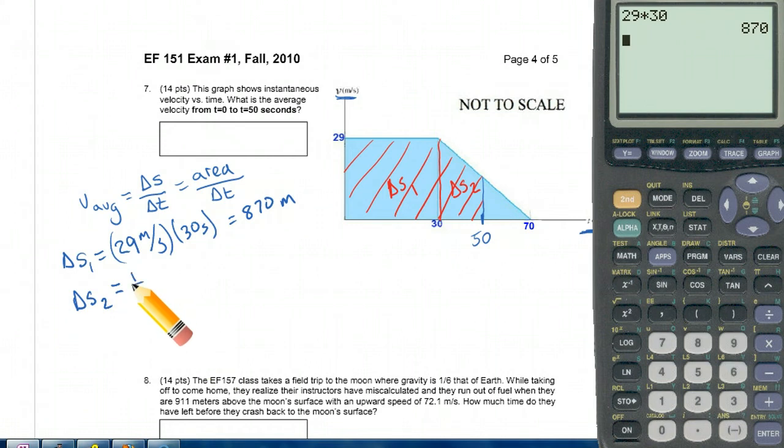Hopefully you have that in your notes. It's 1/2 the average heights. 29. We don't know that velocity value right there. Alright, so we're going to have to calculate that. If you happen to notice that it's going from 29 down to 0 and we're halfway through, you can see that it's just going to be 29 over 2. Okay, if it were a little more complicated than that, you would actually have to sort of work with similar